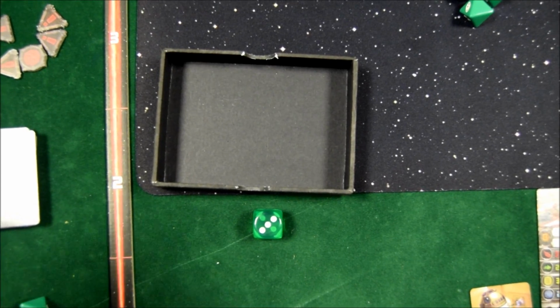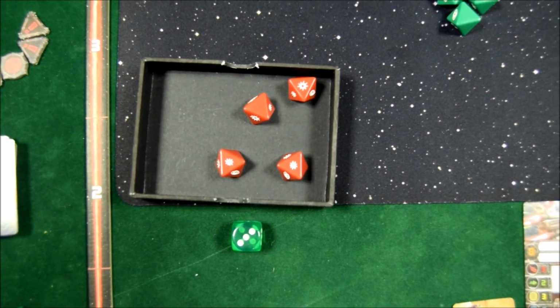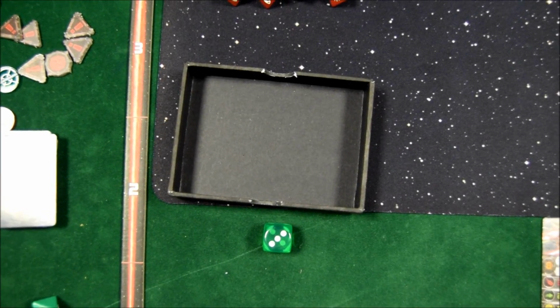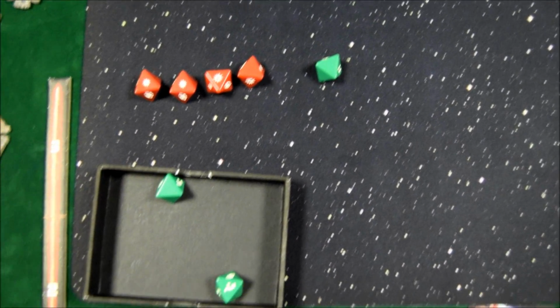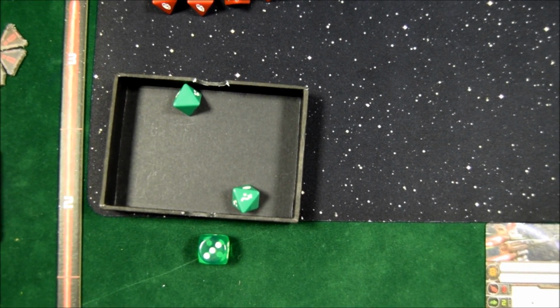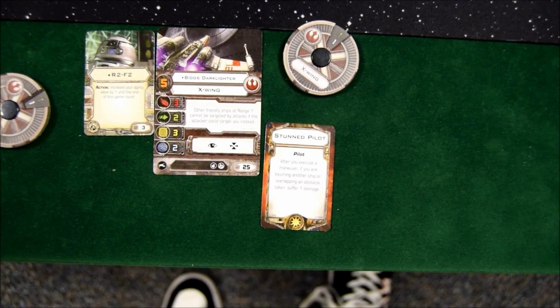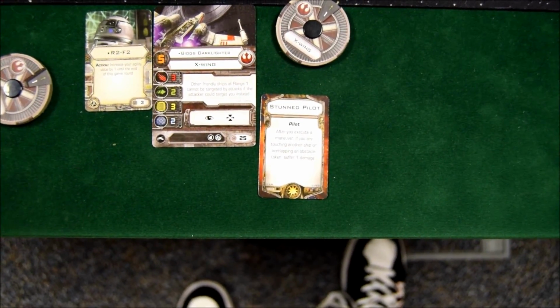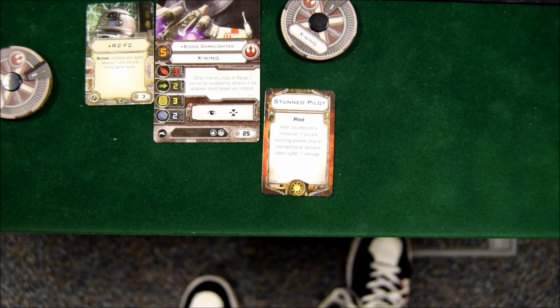The lambda gets 4 attack dice, and that is 2 hits and a critical. Biggs gets 3 evade dice, but he only rolls 1 evade. Biggs loses his last shield and he suffers a critical damage. It is stunned pilot. After you execute a maneuver, if you are touching another ship or overlapping an obstacle token,